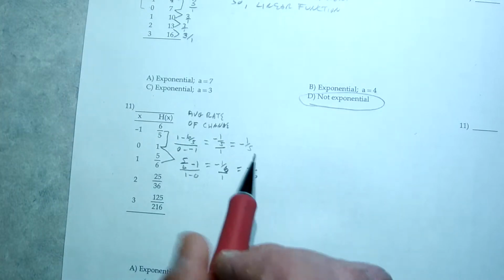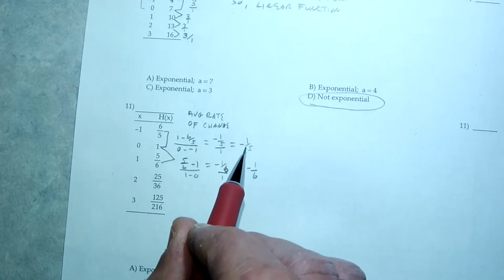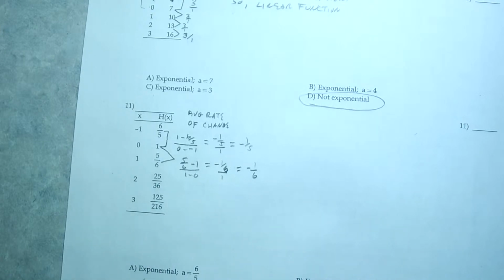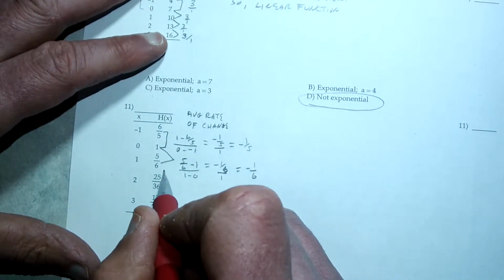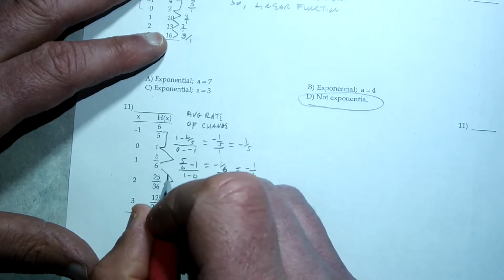And it looks like I'm not getting a constant rate of change. Now, just because it's not constant doesn't make it exponential. All we know so far is it's not linear. But let's keep going. Let's compare these two sets of points, right? So in this particular case,